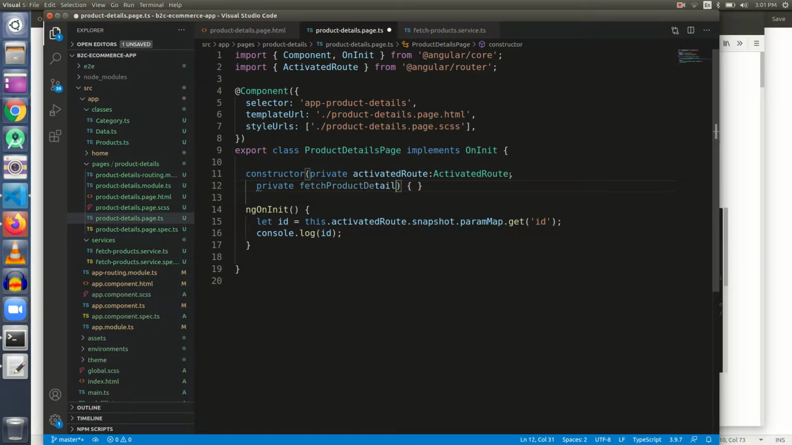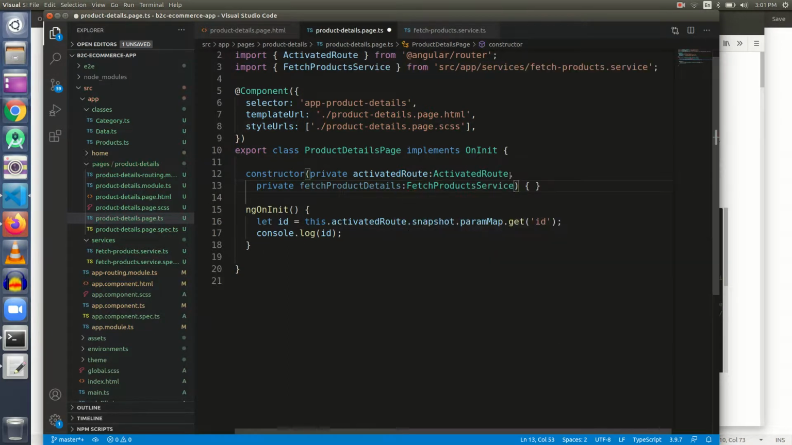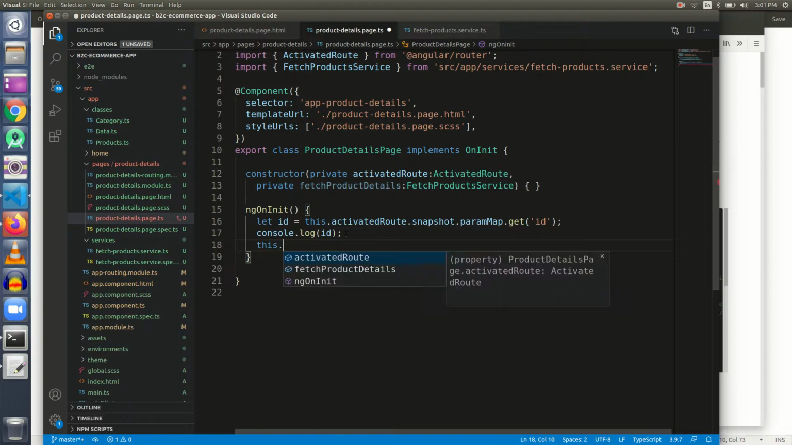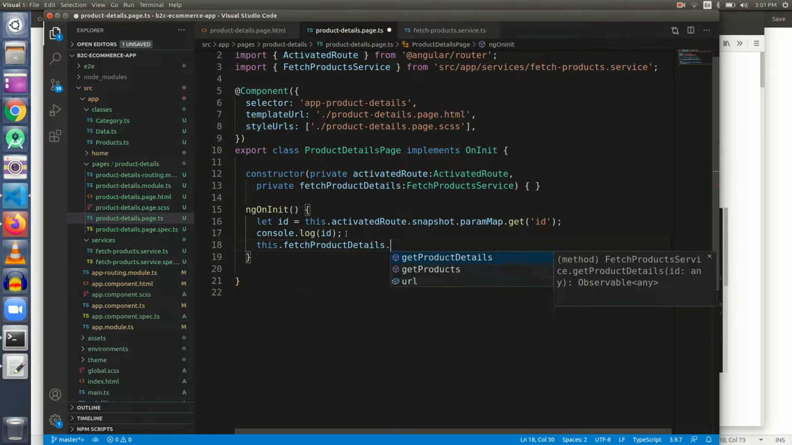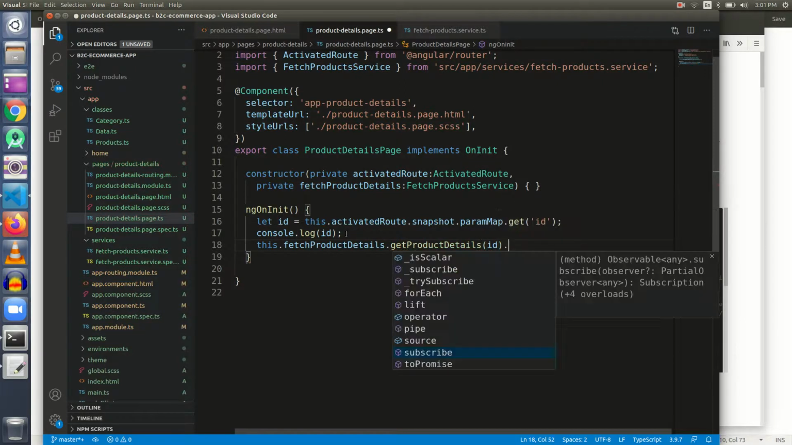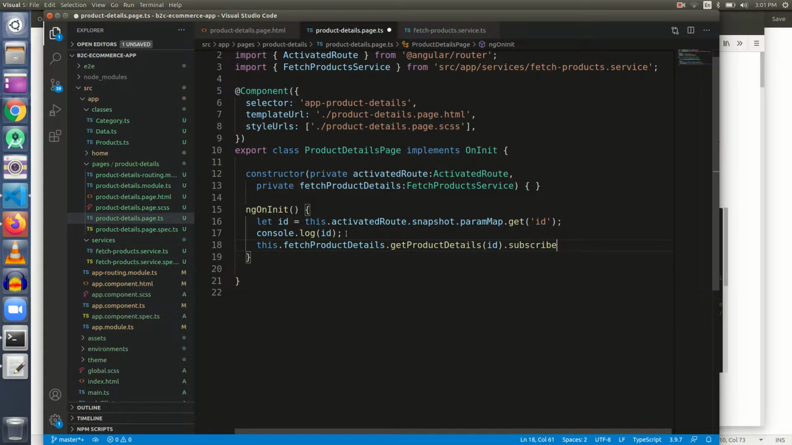So I'm going to make a variable fetch product details. It would be of type fetch product service, and I'm going to use this particular variable to call the method this.fetchProductDetails.getProductDetails, and I'm going to pass the ID that we fetched from the URL, and we have to subscribe to this observable, and we knew this,